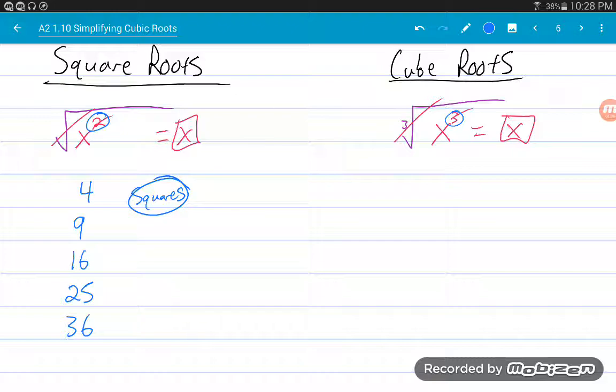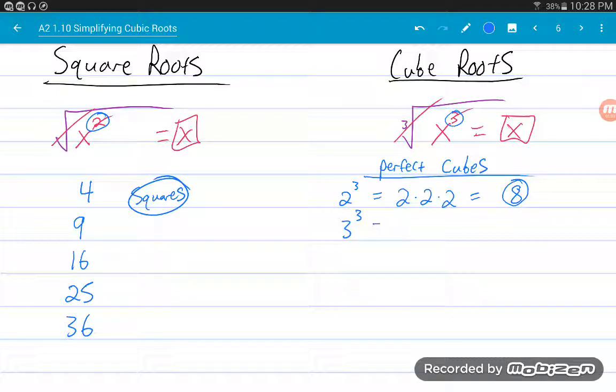Now what we're looking for is what we call the perfect cubes. What that means is we're looking for numbers like 2 cubed. Now 2 cubed is 2 times 2 times 2, which is equal to 8. So that's one of our cubes. 3 cubed is equal to 27. 4 cubed is equal to 64. 5 cubed is equal to